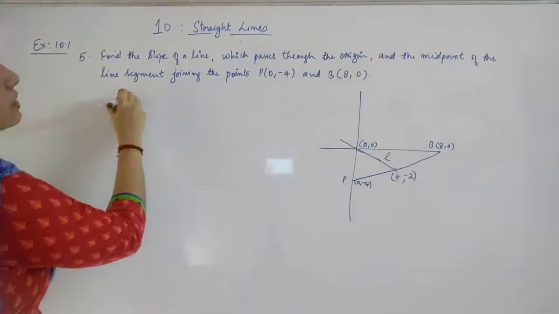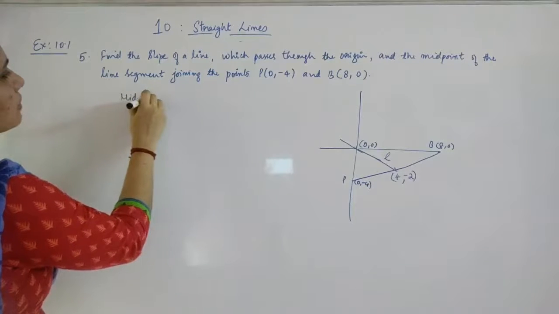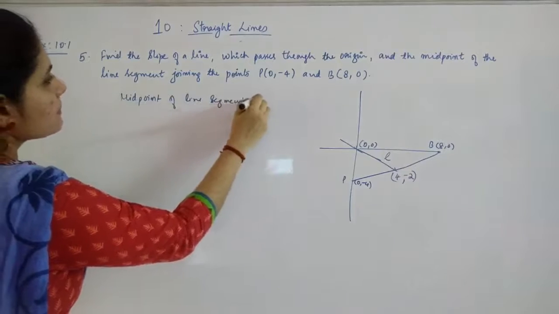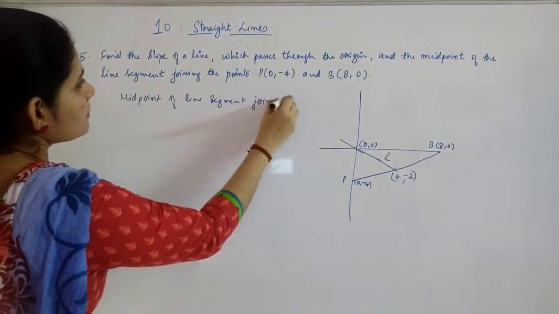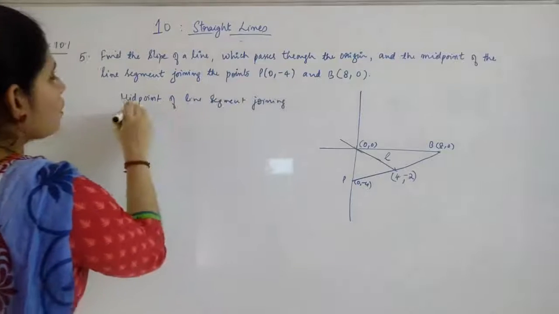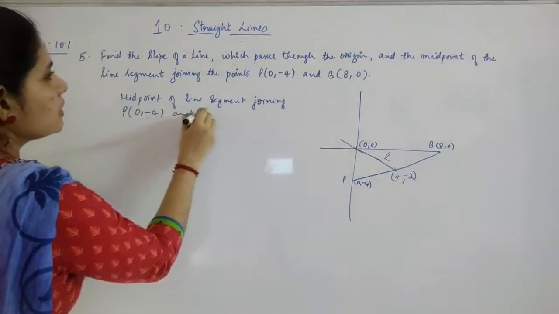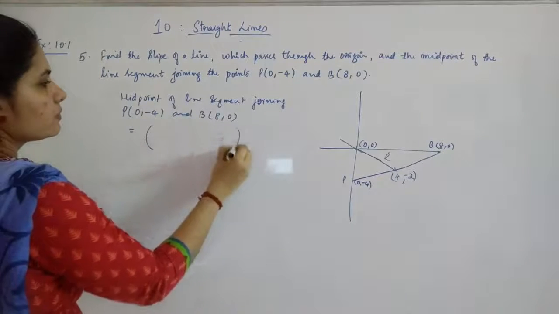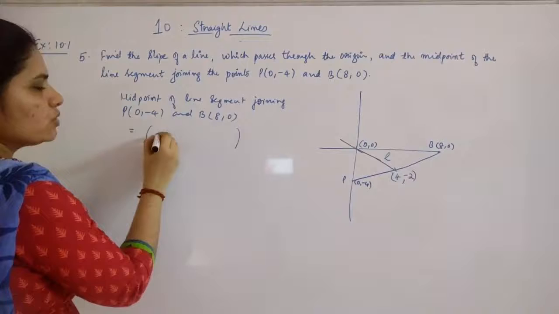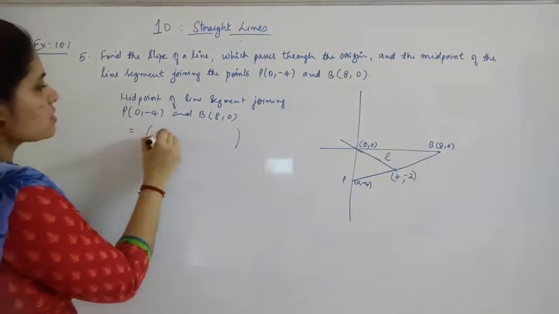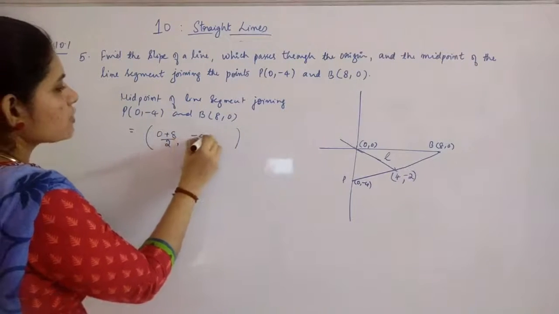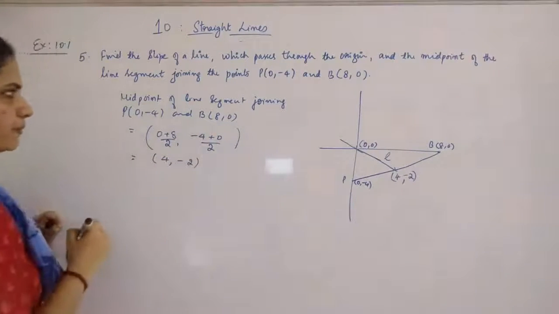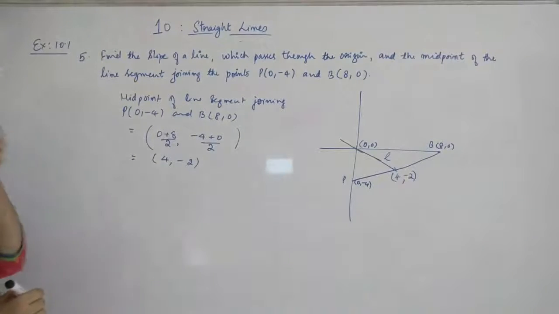Okay, first we will find the midpoint of the line segment joining P(0, -4) and B(8, 0). It is equal to (x1 plus x2 by 2, y1 plus y2 by 2). So this is 0 plus 8 by 2, -4 plus 0 by 2, which is equal to (4, -2). Now you have to find out the slope of that line which is passing through